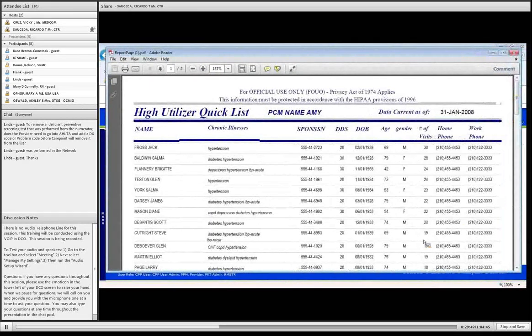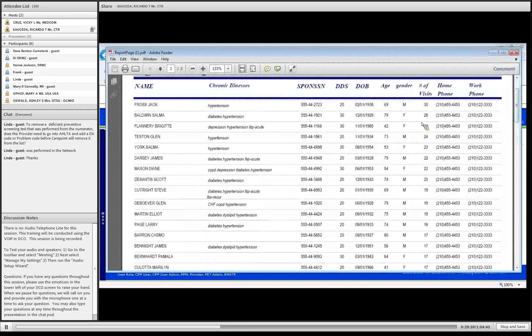Okay, and you notice I have primary care manager as of 31 January 2008. I know it's an old report. And we notice that it goes from the most visits to the least visits. And Frost Jack, who suffers from hypertension, has been visiting the medical treatment facility for the last 30 times. There again, to me that would be a concern, because if he's not being taken care of in my clinic, why is he going to the emergency room? Somebody's not doing their job. Okay? So